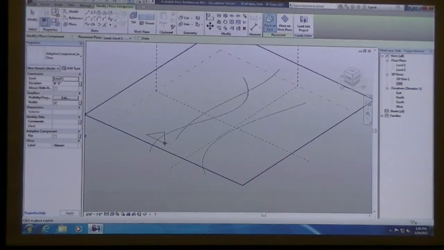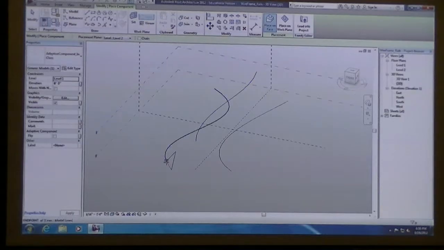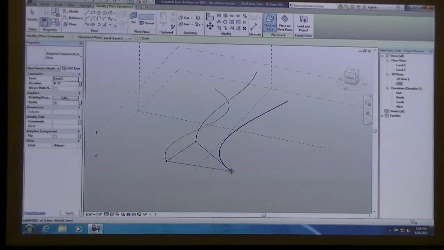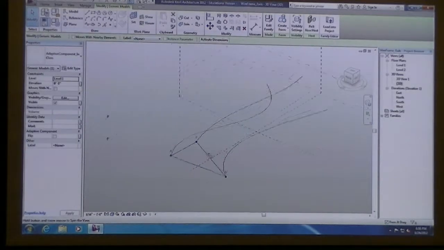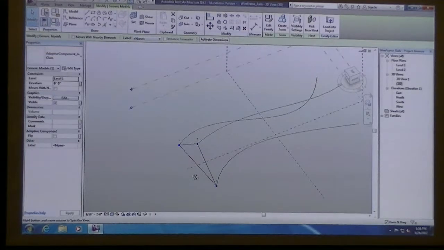So the order that I'm going to place this, you can see when you hover over the different rails, you should be able to get the endpoint snap. It should be a square that shows up. So I'm going to start with the lower left rail. Make sure you snap to the endpoint. Then I'm going to snap to the one that's up top, and then the other one. So you see how it stretched your triangle. And when you click on it, you should see your points, your 1, 2, and 3 show up.